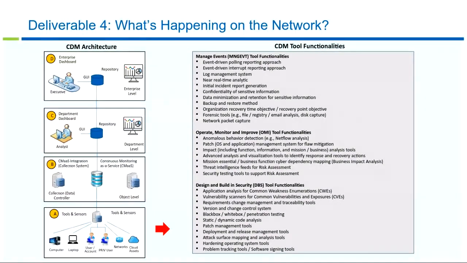For operate, monitor, and improve, we have anomalous behavior detection, patch OS and application management, impact including function, information, mission, business analysis tools, advanced analysis and visualization tools, mission essential business function tools, threat intelligence feeds, security testing tools to support risk assessment. For design and building security functionalities, we have application analysis for common weaknesses and enumerations, or CWEs,